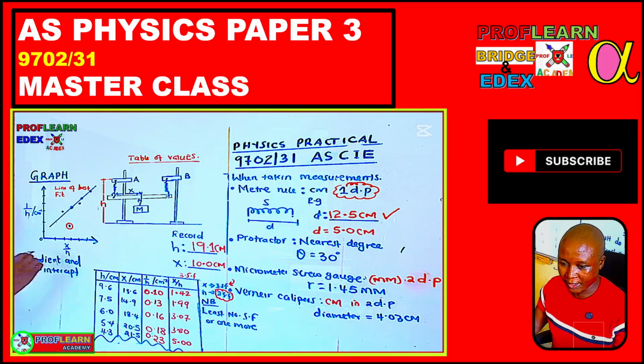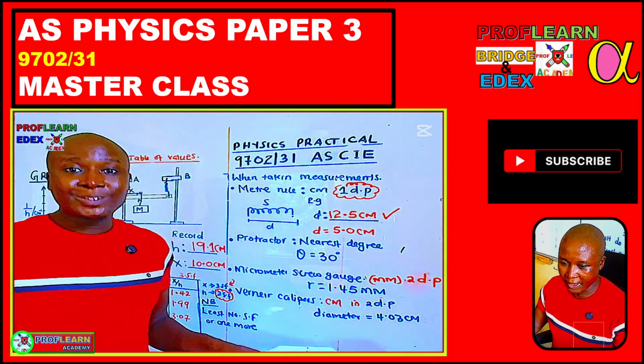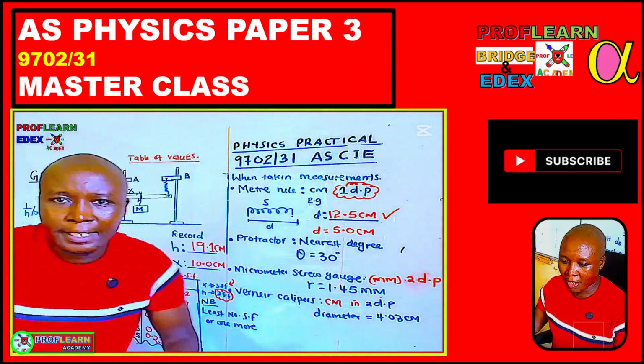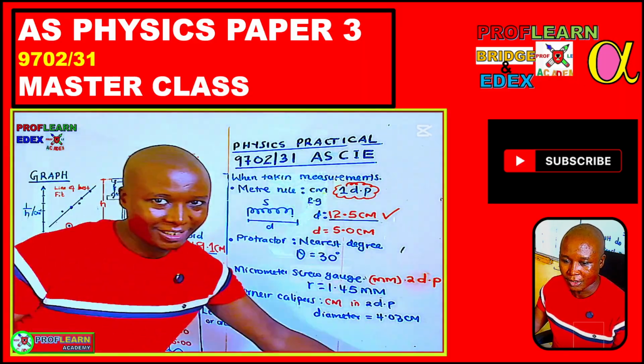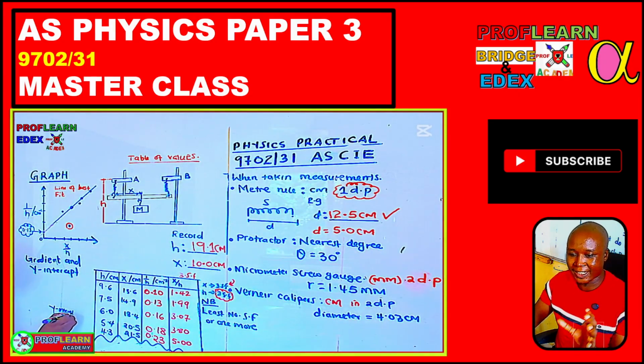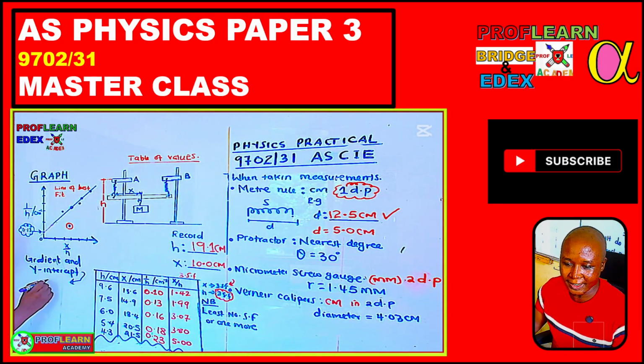So you are going to be asked about the gradient, and you are going to be asked about the intercept. So how are you going to look at the intercept? Yes, Mr. Nick is joining the points. You can see now when the line is extended, it is cutting at a point. That point that we have here, for instance 0.13, that is the intercept. So we are going to say the y-intercept is